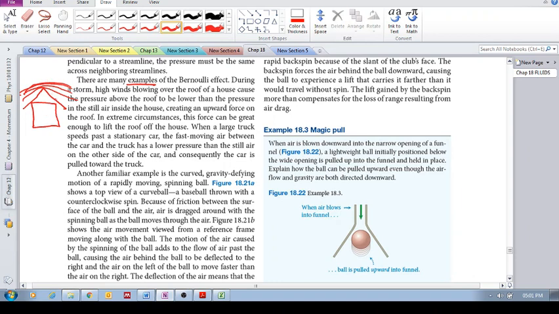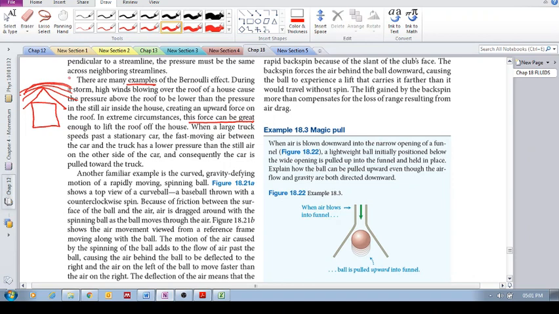Because of this pressure difference, there would be a force pushing the roof upwards,